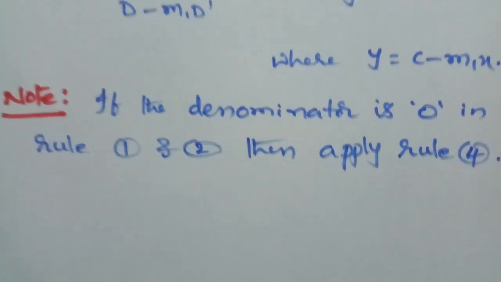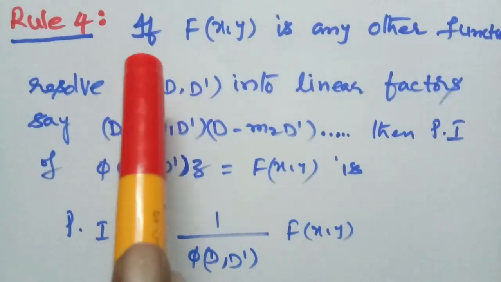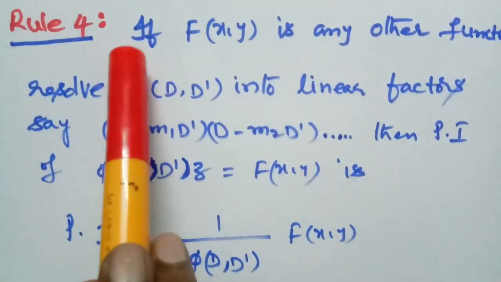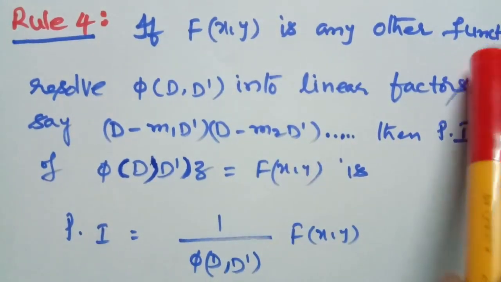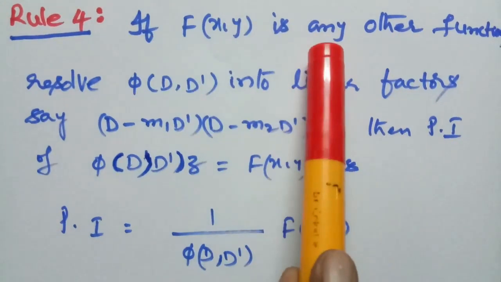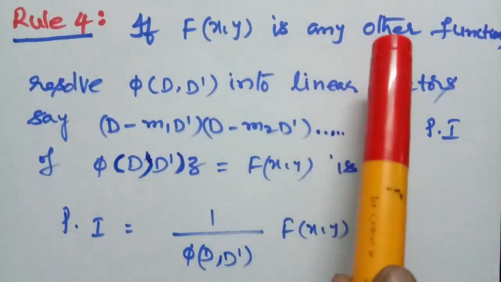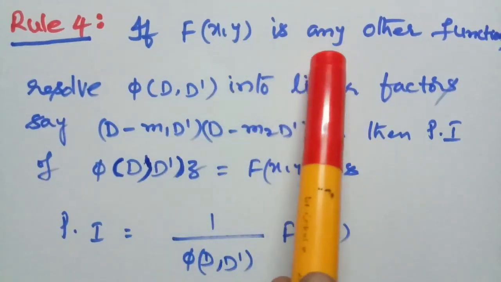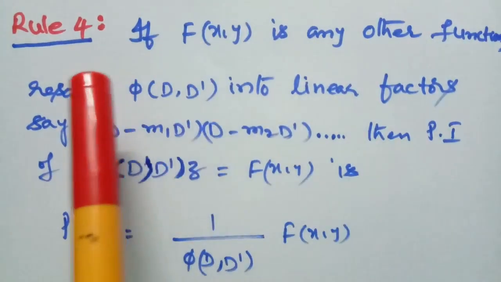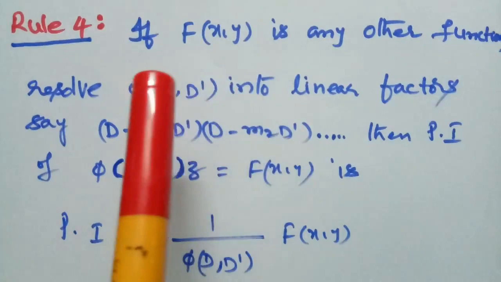Here rule 4 is, if f of x comma y is any other function, that means we have discussed earlier 3 cases, rule 1, 2 and 3. So if f of x comma y is any function other than in rule 1, 2 and 3, so first